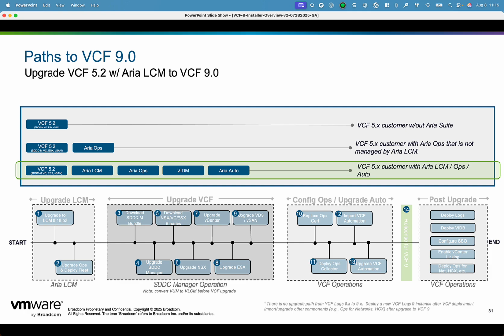All right, so this completes our overview of the VCF 5.2 upgrade path to VCF 9.0. So just to recap at a high level, when you have VCF 5.2 running with the Aria suite deployed in VCF Aware mode, you begin the upgrade by first patching the Aria Suite Lifecycle Manager. You need that 8.18 patch 2. And then you use that patched version of the Aria Suite Lifecycle Manager to then upgrade Ops. And when you upgrade Ops from version 8.18 to version 9, it's going to deploy a new appliance called the